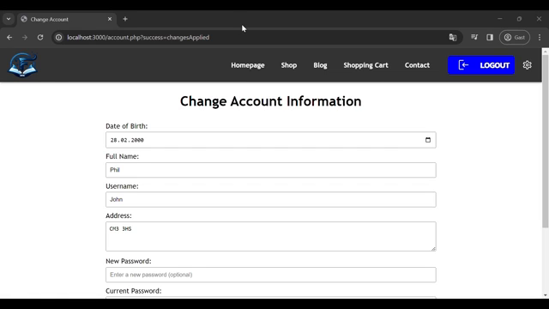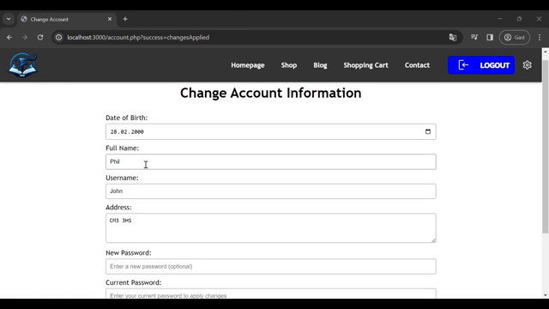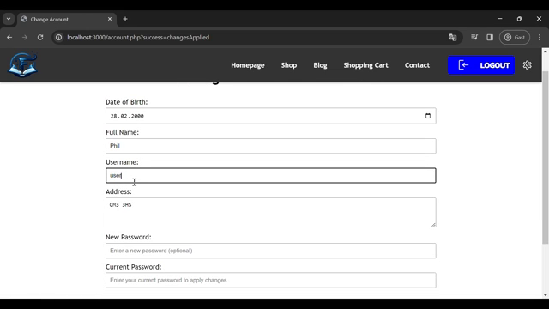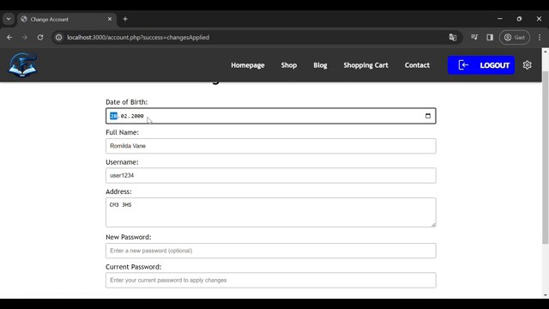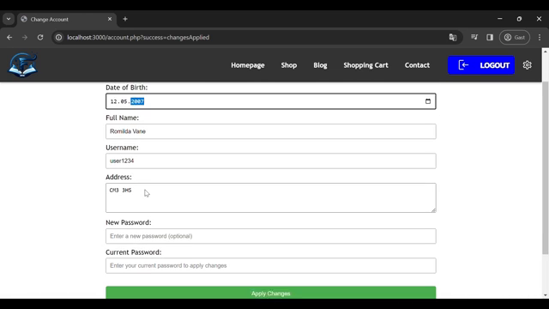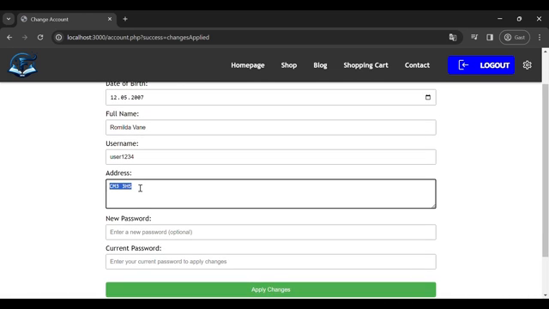This is test number 25, same as before, but this time we are going to override each field with a validated new field. So the username is going to be changed to user1234. The full name is going to be changed to this example name. The date of birth is going to be, for example, this. The address is going to be this example address,